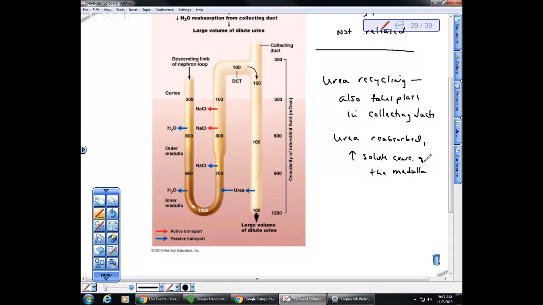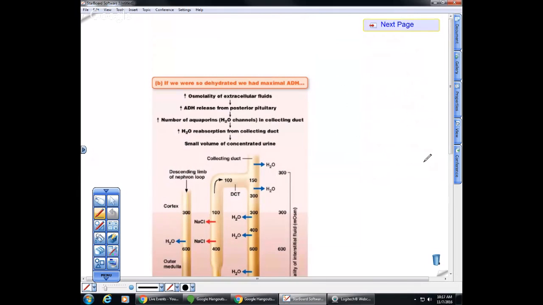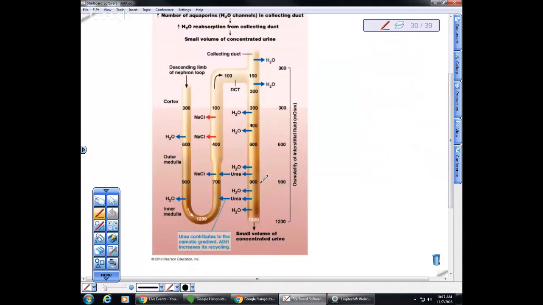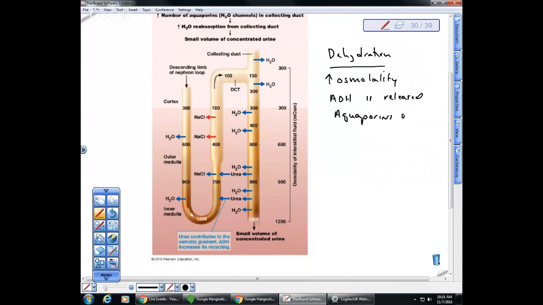The other thing that happens is if we are so dehydrated that we need to reabsorb some water. Look at what happens now in the collecting ducts: we have all of this water reabsorption taking place, and that is due to aquaporins being inserted into the membrane. If we have an increase in the osmolality, which again is just a measure of solute concentration, this causes ADH to be released. You can put dehydration up here. Aquaporins are inserted in the membrane,